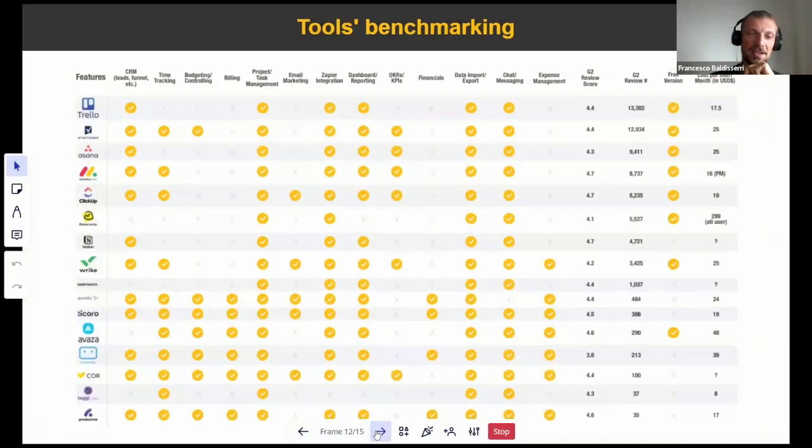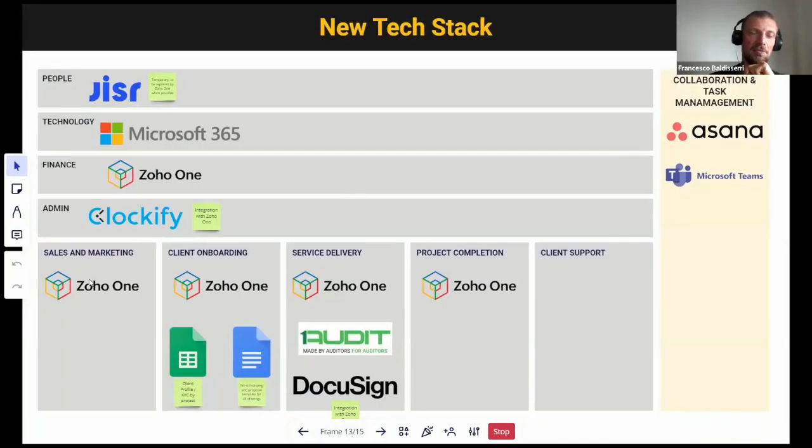So what we did here is we tried to replace wherever possible, where we had multiple systems or systems that are not fit for the purpose. For instance, here we had Asana, which is a great task management tool, but we thought it makes sense to have a tool like Zoho.